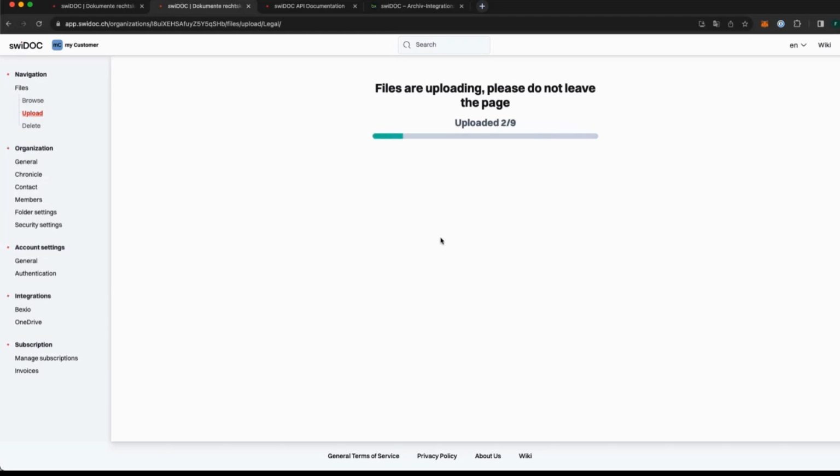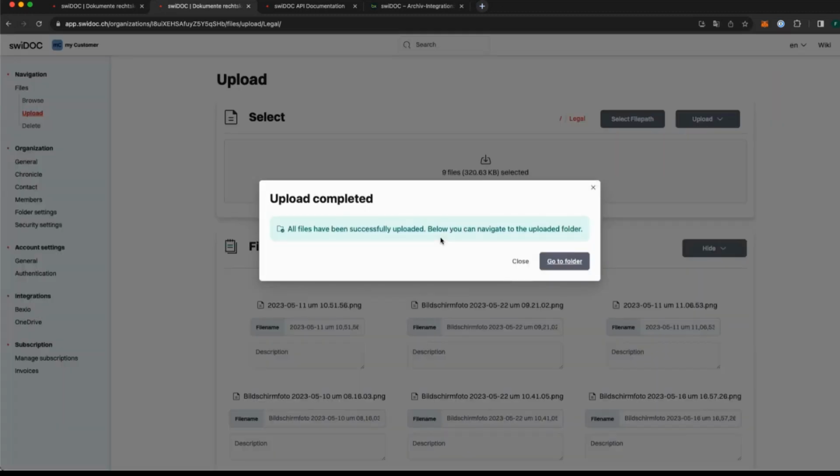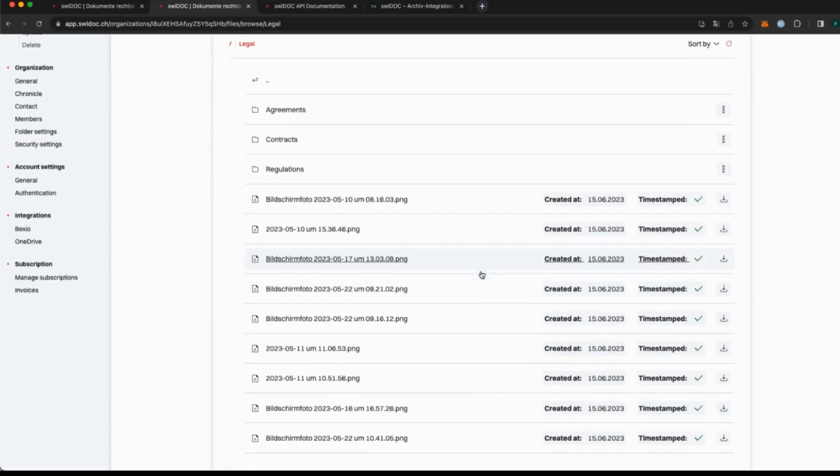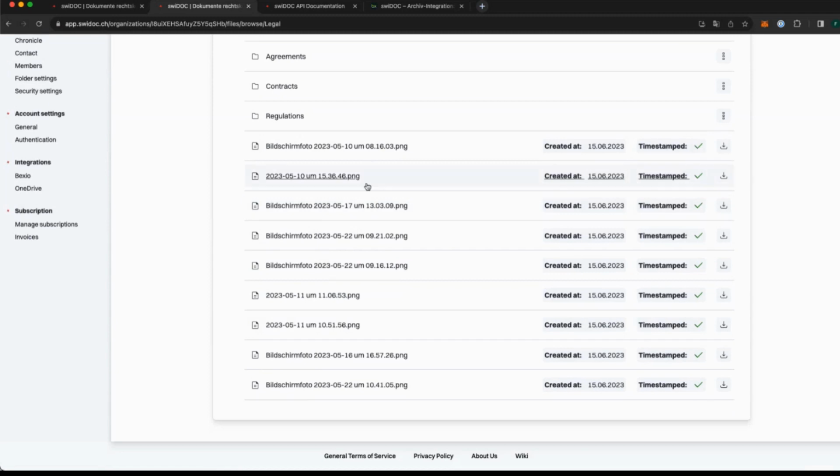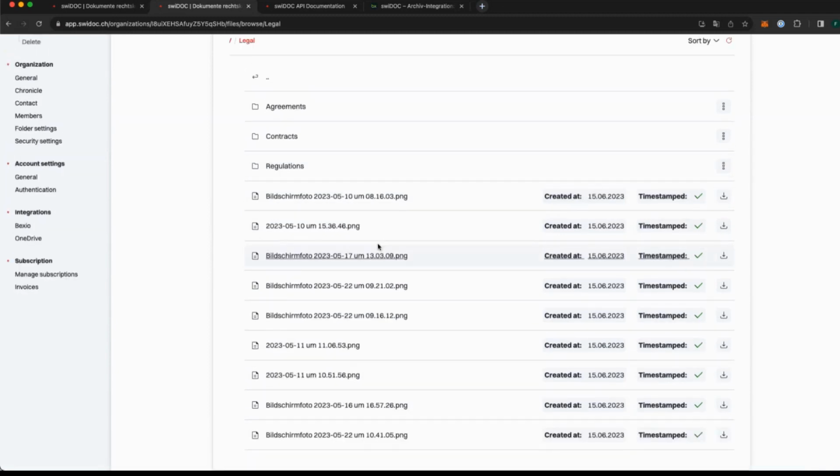So this enables me to interact with my clients, or as a trustee, I can just archive all creditors' bills for one year from my local file system or a NAS, wherever, for a certain year. And now if I go here, I can see that all the files have been archived correctly.